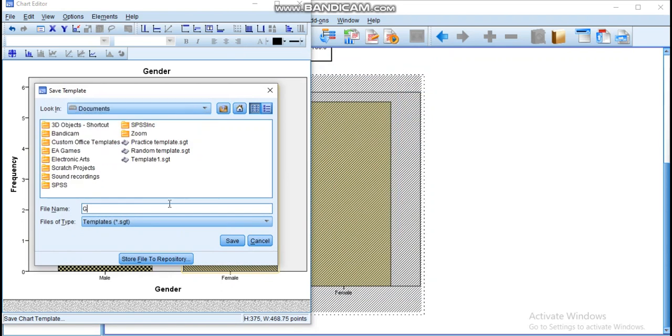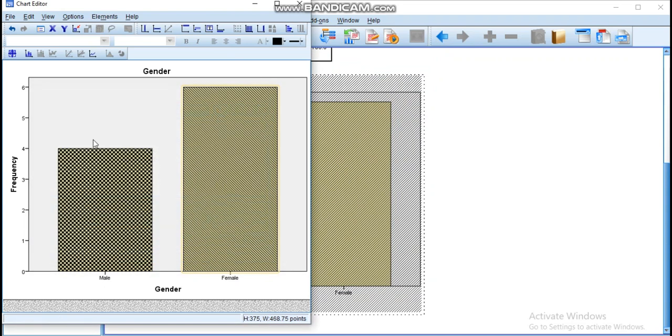Name this graph template, select save. Now you can go to file and apply chart template to load this template on another graph, right, for another document. Instead of having to set templates for each and every graph, you can simply do this, right? So moving on,